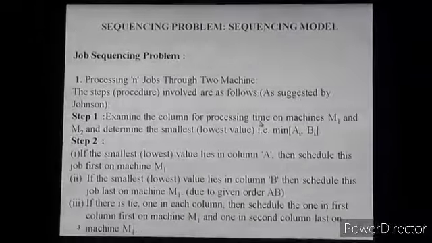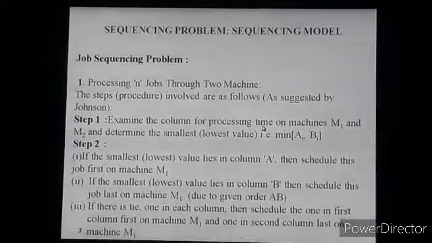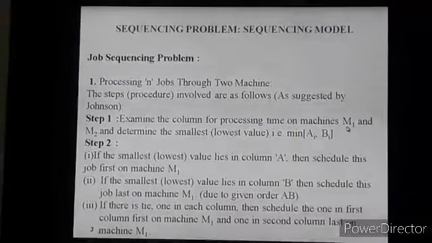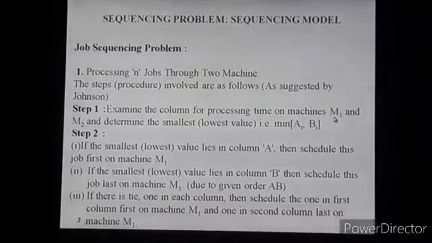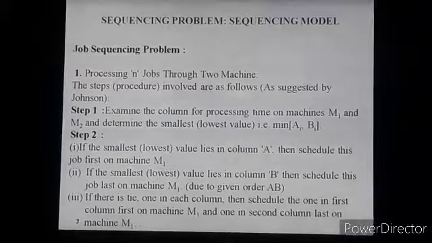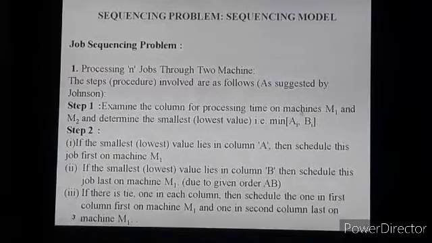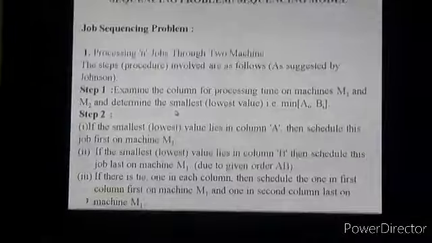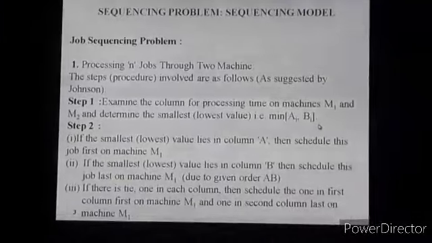Since we have two machines and the processing times of both machines are given, let us consider the processing time for machine 1, that is machine M1, given in column 1, and the processing time of machine 2 given in the table in column 2.